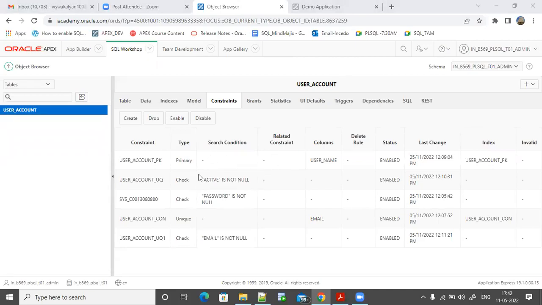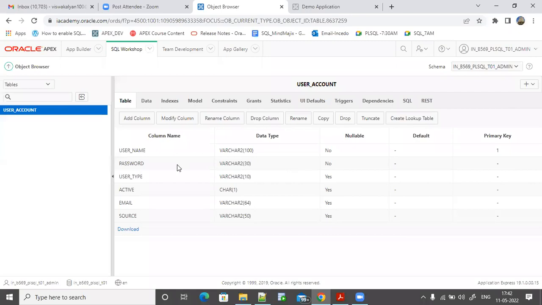So if you want to add any constraints to the table, this is a table, and you can see these are the columns, these are the data types and the sizes of it, and here is whether it is nullable or not. Username nullable is no, which means it is mandatory, it should have some value. Password, it should have some value. User type nullable is yes, it can be left blank. Active,